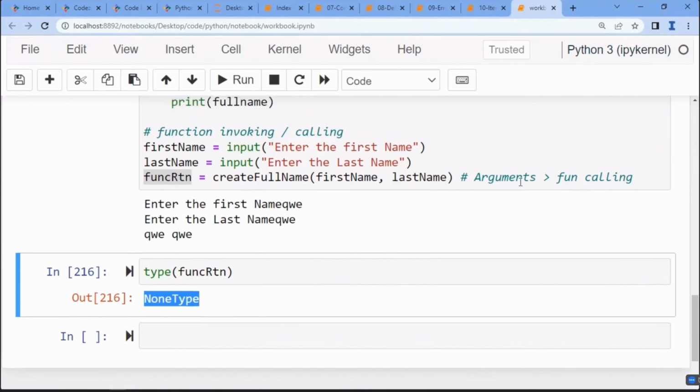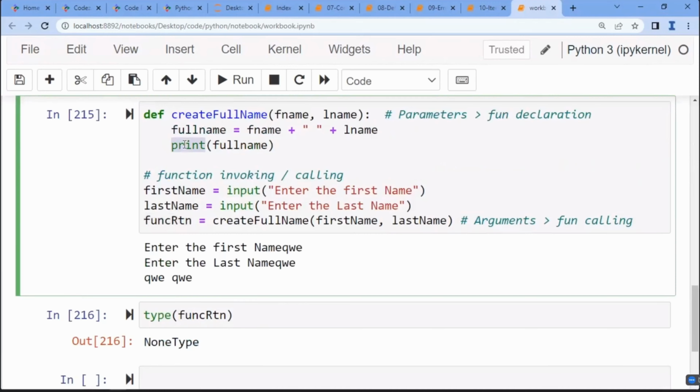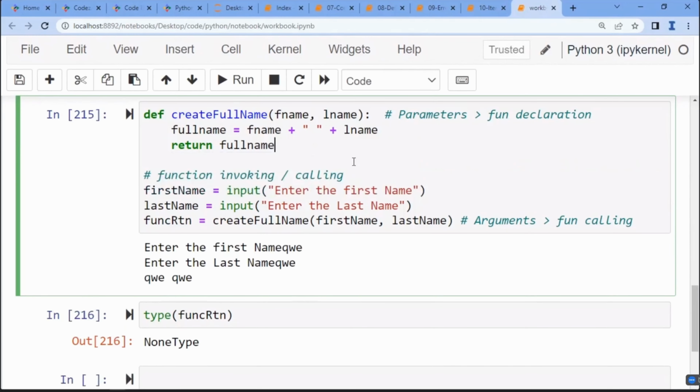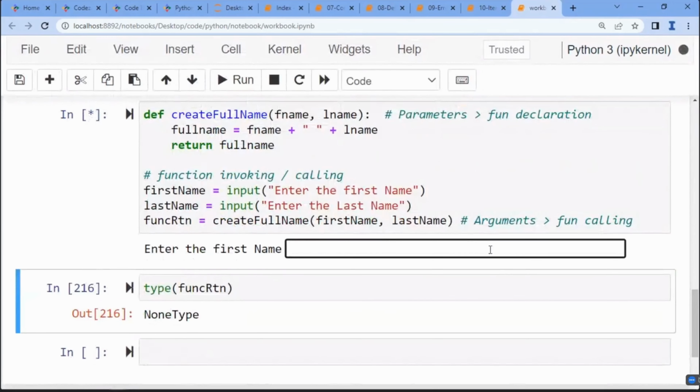And now there is another concept related to the function called return. So now what is this return? Return is again one of the keywords in Python which will return a single value at a time from the function. Now in this case, what I want to return is just the full name. Now if I capture this full name, that's it, I'm not doing anything. Now if I execute this,